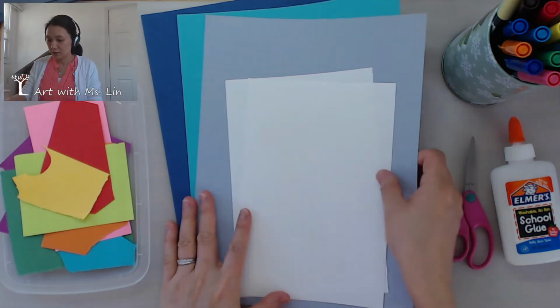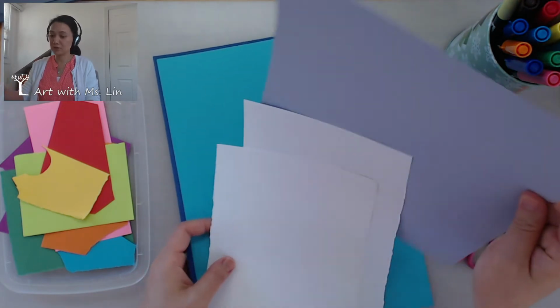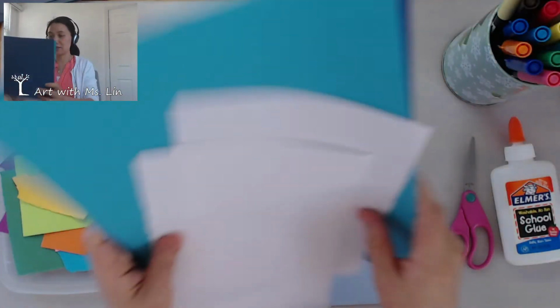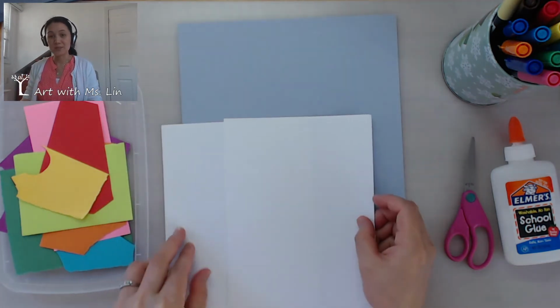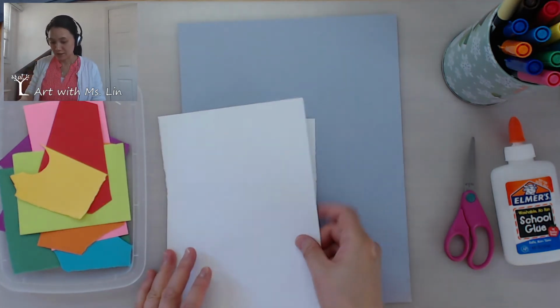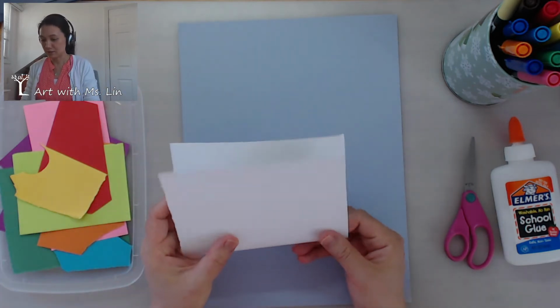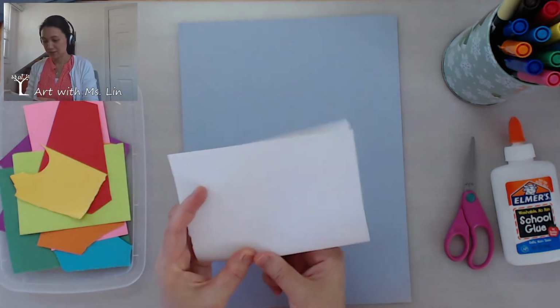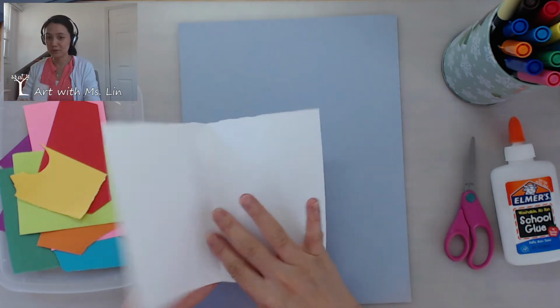So let's see which color you would like to use for your background. So I'm going to use a light blue. We are going to start with the background, which is the sky. And here's how we are going to create the sky. Let's make some clouds. One fast and quick way to make a few different clouds is to fold your paper